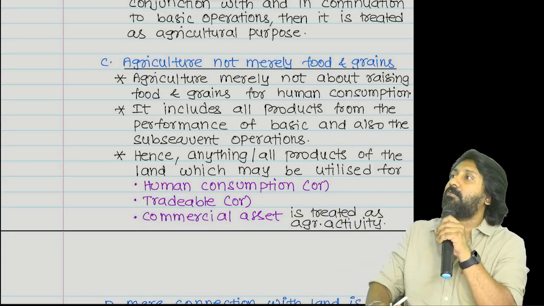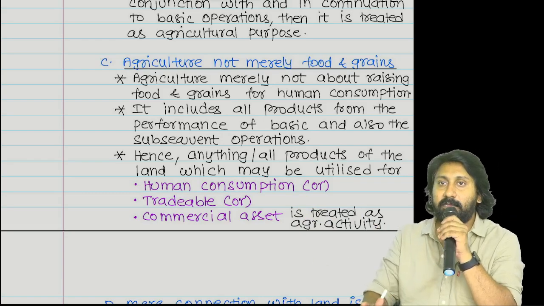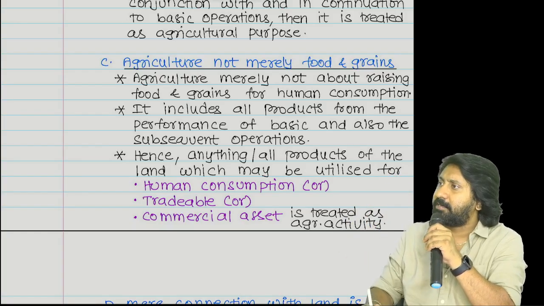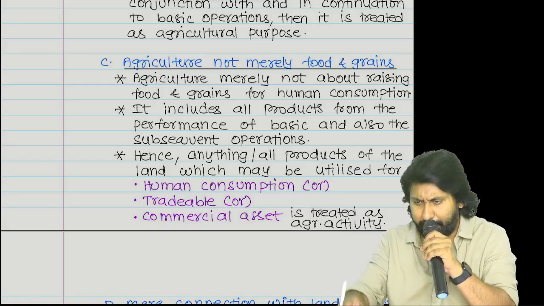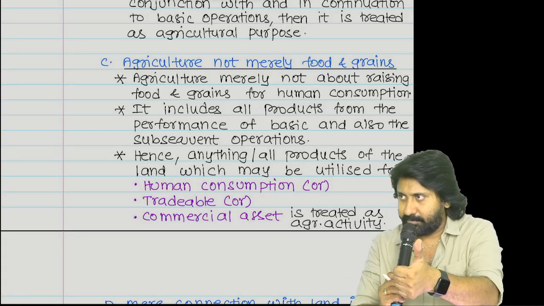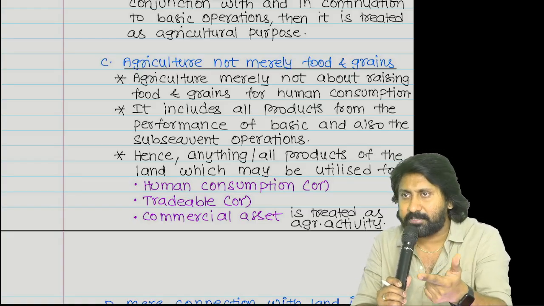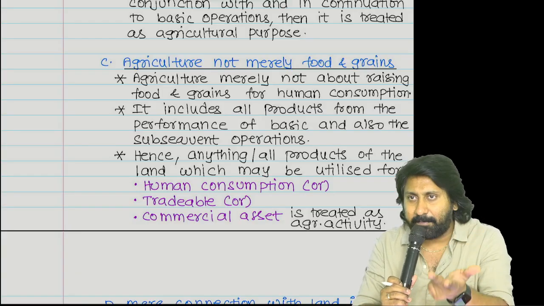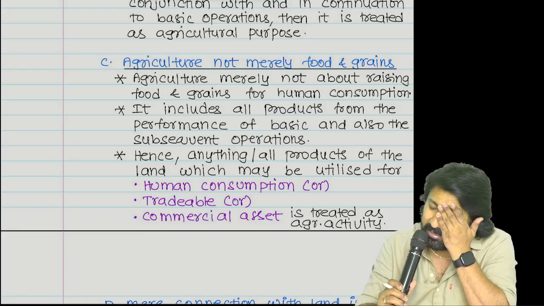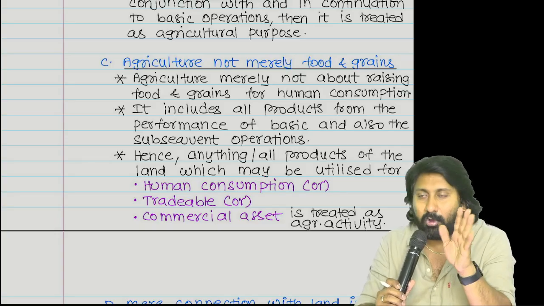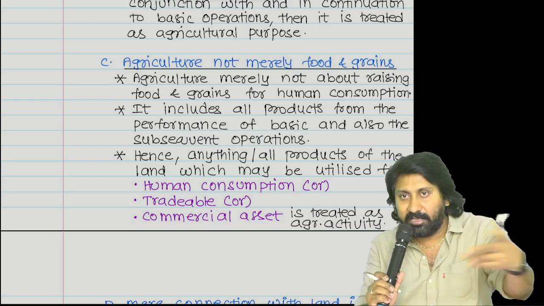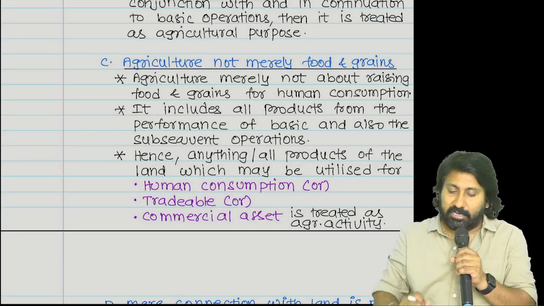Tell me, I have a plantation of grapes. Black grapes are there, no? I have a plantation of black grapes. Tell me, is it agricultural income or not? Definitely agricultural income. Why? Agricultural land. Grape plantation is an agricultural produce. Purpose is an agricultural purpose. Land is situated in India. Income derived from that agriculture will become what income? Agricultural income. No extra process is required. Directly saleable. Grapes are saleable. You need not do anything to them. Correct or not? Now you answer my question.